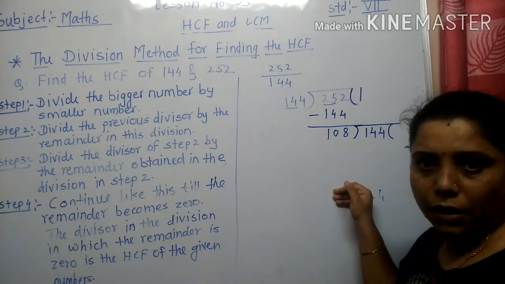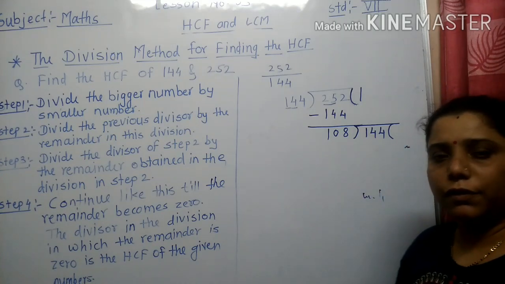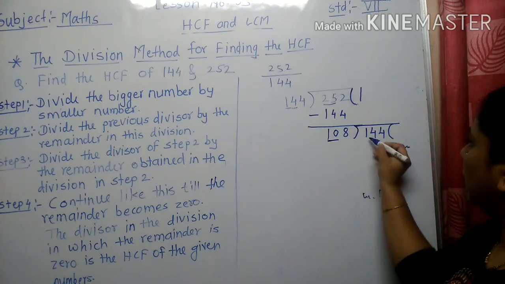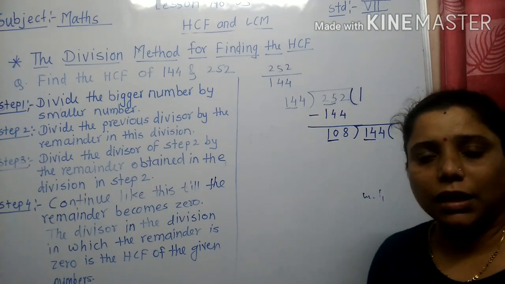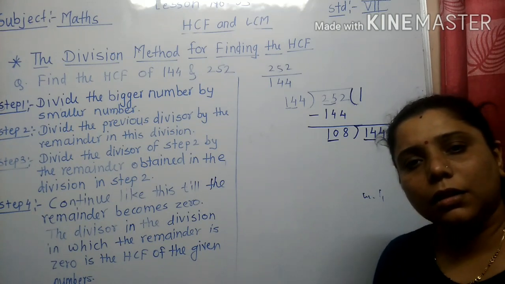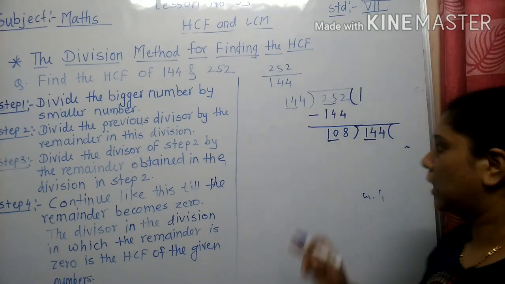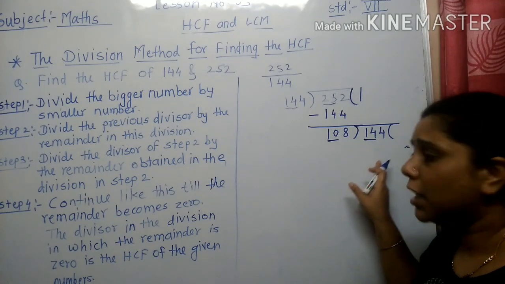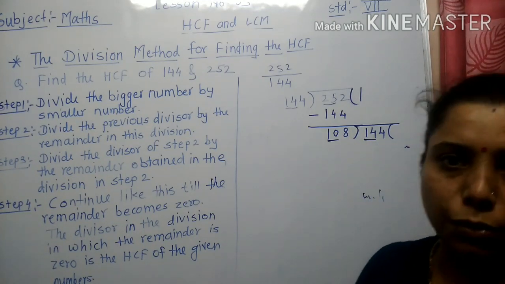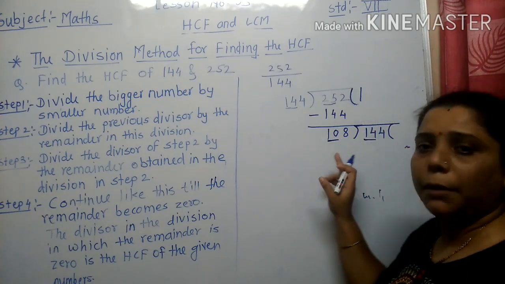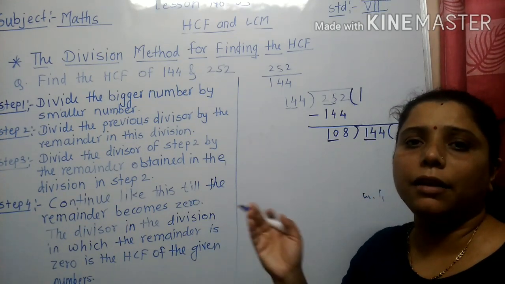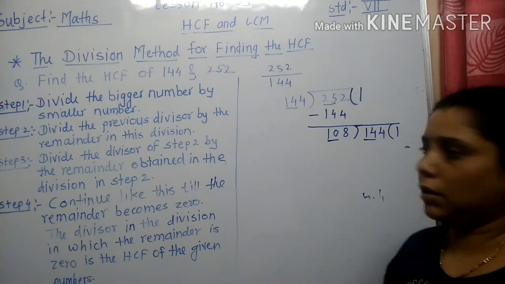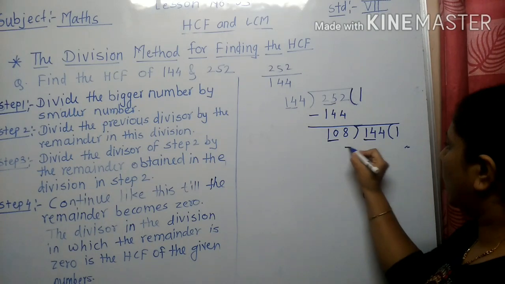Find out the remainder. The same way again, you have to consider the first two-digit number. It is 10. And here, the first two-digit number, 14. 10 twos are 20. The same procedure we will follow: the number after multiplying with the divisor should be less than 144. So here we can't give the division by 2. So again we have to give the division by 1. So I am writing here 1. So 108 into 1 is 108.